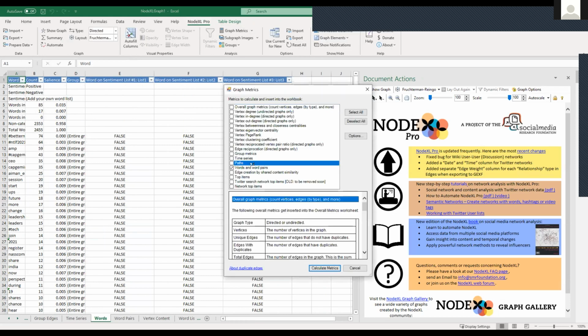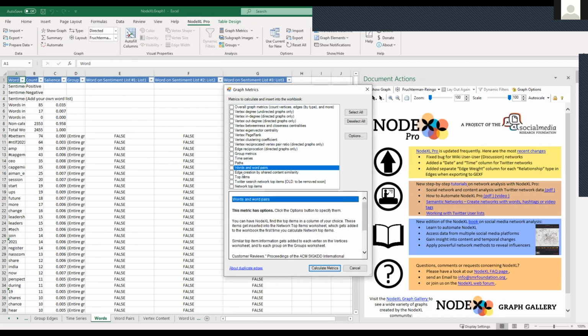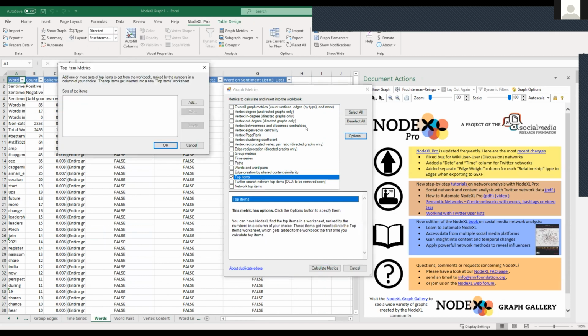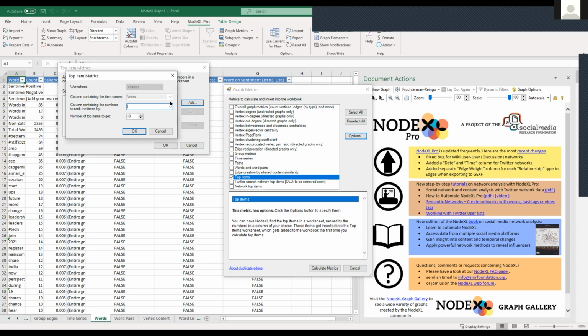And then the next thing that I like to do is top items. So basically, this will show you, let's say, who has the highest page rank or who has the most degree and stuff like that. So you just need to add the items that you want to include. So for example, add top 10 degree.